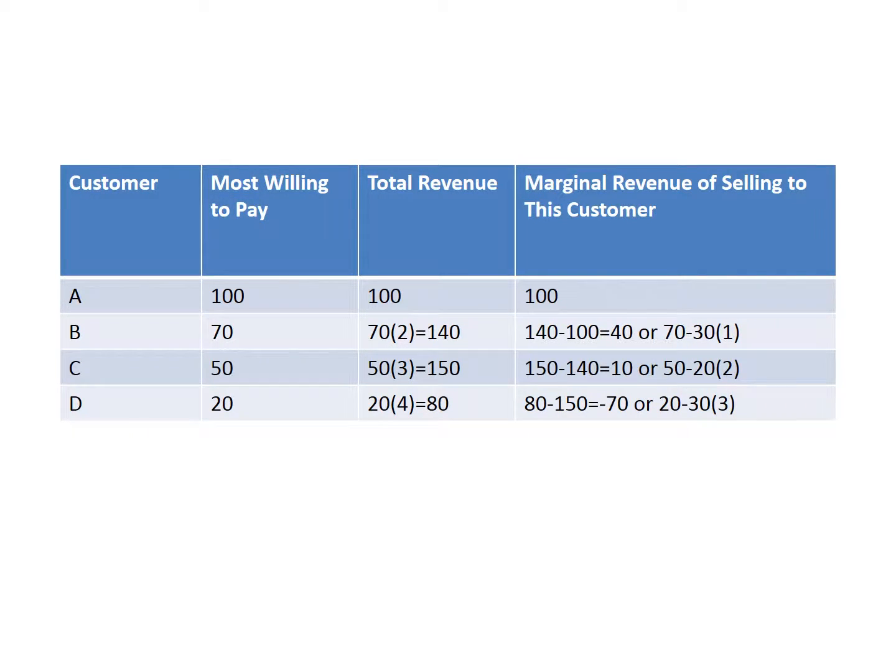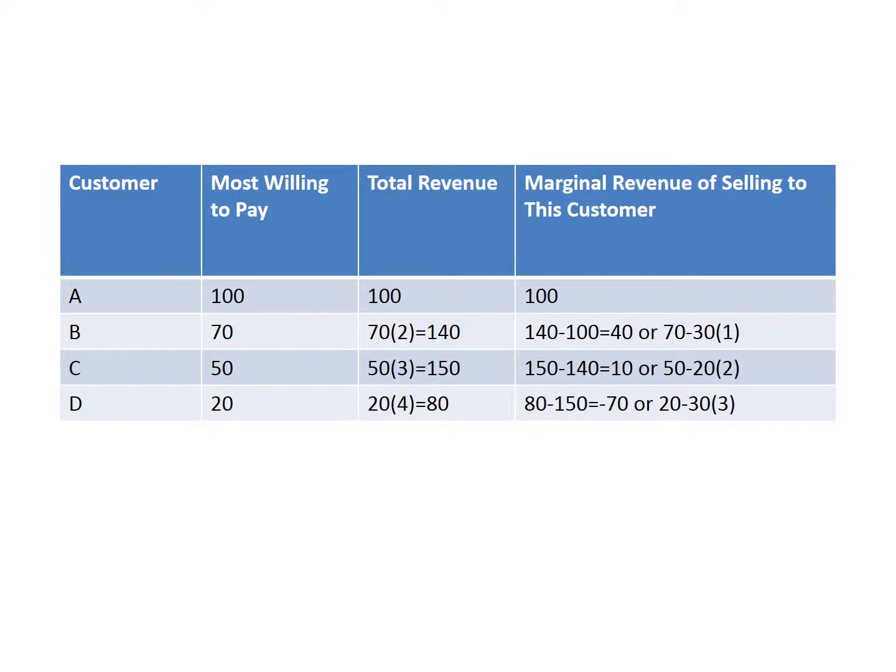Well, when you sell to the second customer, there's a good and a bad thing that happen. The good thing is the second customer is going to give you $70. Yay. But the bad thing is the first customer A is going to say, oh wait, you remember how you were charging me $100? Well, there's that rule, you got to charge everyone the same price. So you want to sell to B, you can't charge me $100, you got to charge me $70. So basically give me a $30 discount over what you offered me before. So marginal revenue for selling to the second customer is the money you get from that customer, which is $70 in this case, minus the $30 discount you've got to give to customer number 1. And 70 minus 30 is 40. So your marginal revenue from selling to customer B, from selling your second good, is only $40.